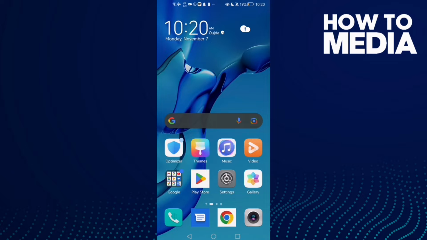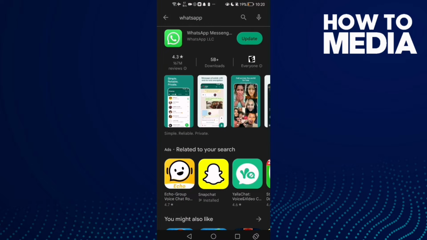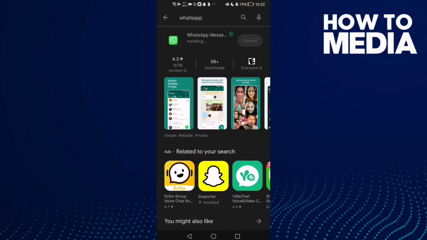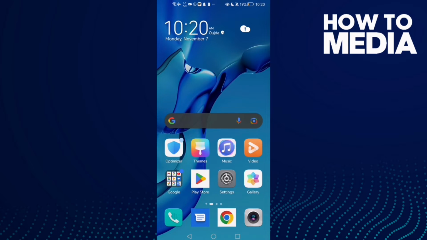First open a Play Store here and then click update, and now just wait for it, and if that does not fix your problem, just restart your phone and try